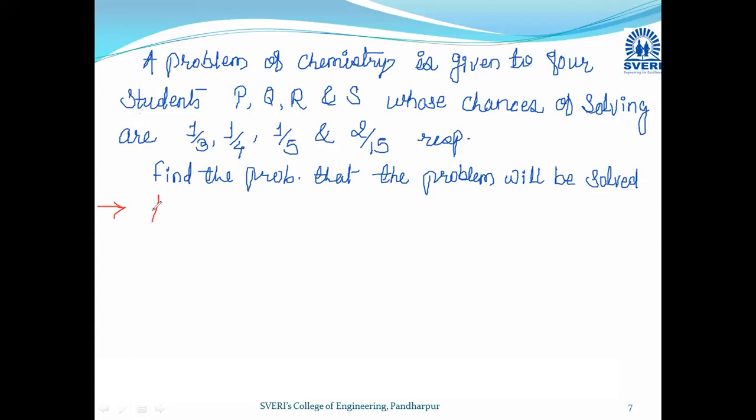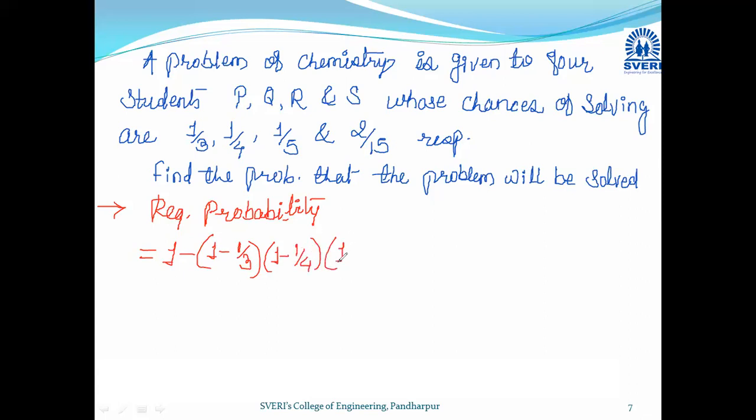So we are taking required probability, which is equal to total out of that 1 minus 1 by 3 into 1 minus 1 by 4 into 1 minus 1 upon 5 into 1 minus 2 by 15, which is equal to 1 minus here it is 2 by 3 into 3 by 4 into 4 by 5 into 15 minus 2, that is 13 by 15,